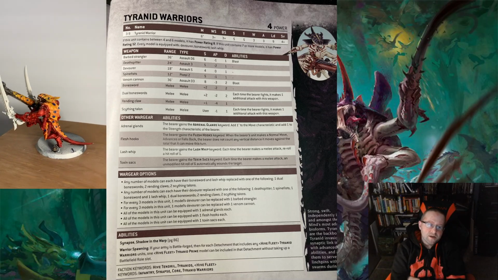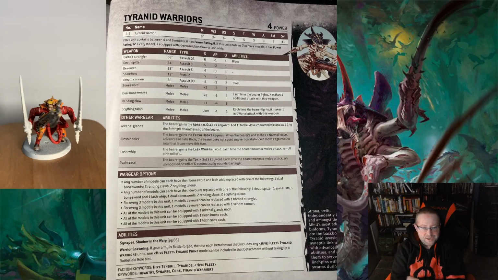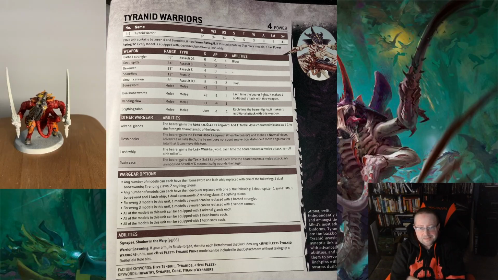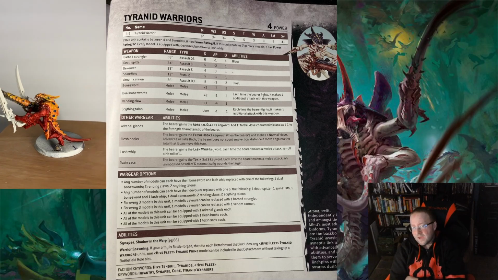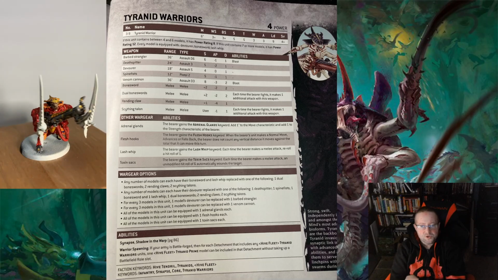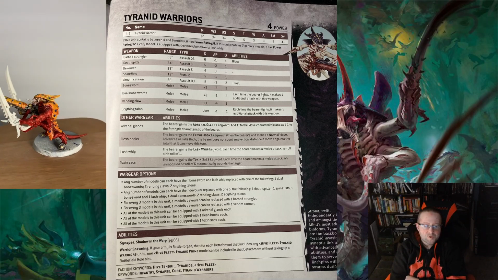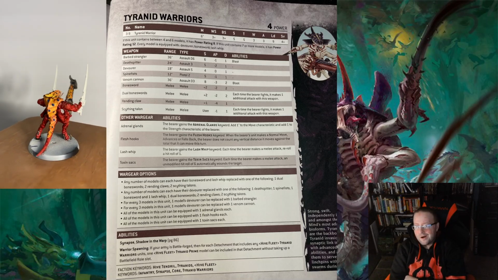Anyways, other war gear, I use just adrenal glands. With the new updates and the point changes, I can only afford just adrenal glands. Maybe if you've got the points, go for toxin sacs. But +1 to move, +1 to strength. It's great. It gets you in that strength 8. So don't worry about the other war gear section. Abilities,